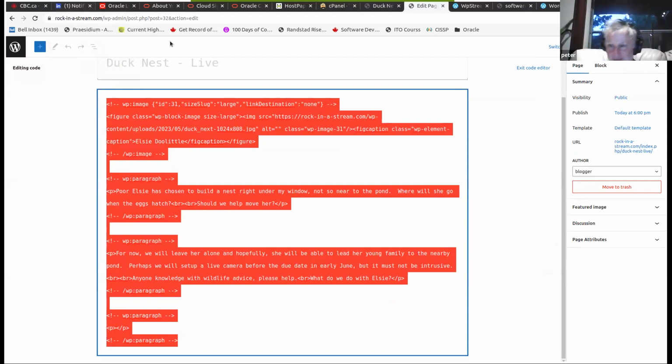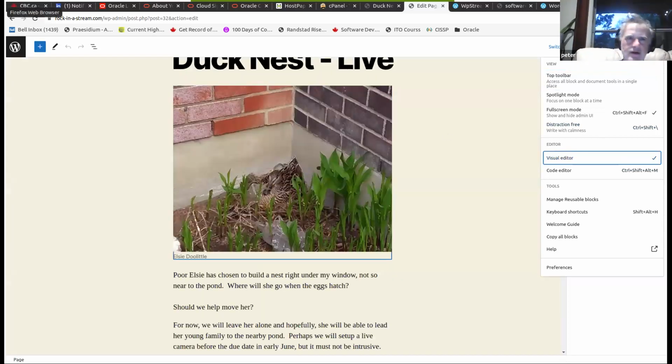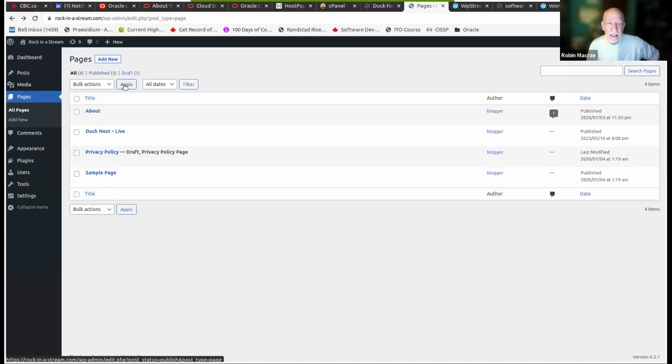Yes, that's one of the block editor gurus. How did I do it? But yeah, code editor, visual editor. Okay. I'll go back to visual. And for every post and page, that pair of tabs is standard, right?